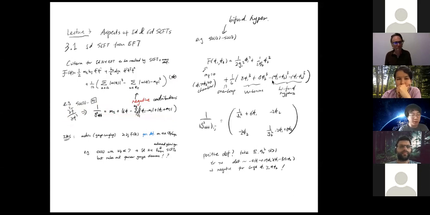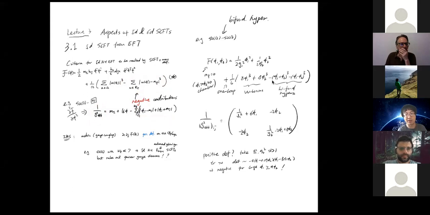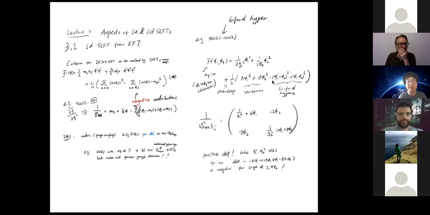What I want to emphasize here is this minus sign, which originates from the contribution from the massive hypermultiplets to this one-loop prepotential. This minus sign may worry you because on the left-hand side we have some coupling that's supposed to be positive, but this minus sign may mean that it's actually negative for sufficiently large N_F. That's a sign that the effective field theory will become sick because it's a basic violation of unitarity, and that means that this theory cannot hold at arbitrary energy scale. And with that philosophy in mind,